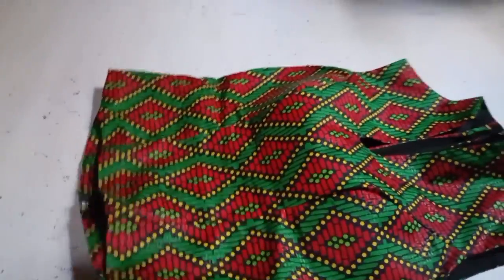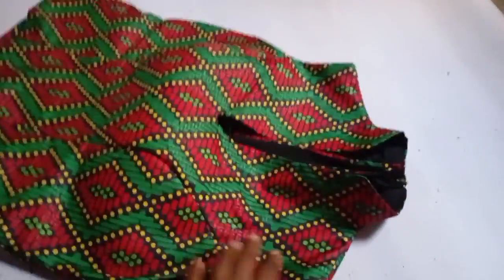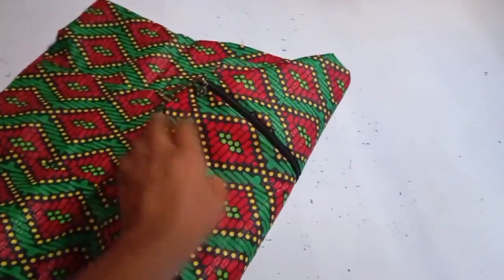So after joining the two ends together, this is how it came out, and this is the back. So I added zip